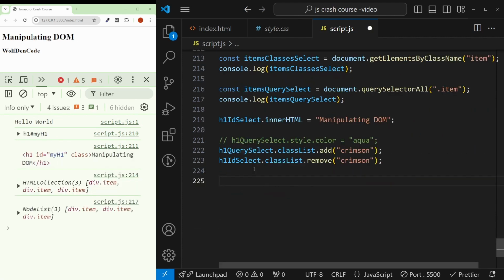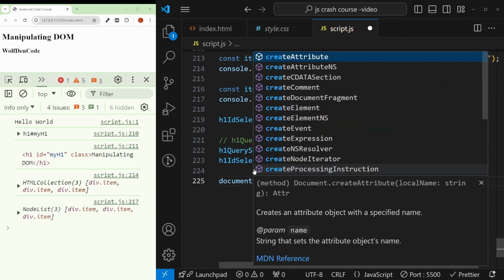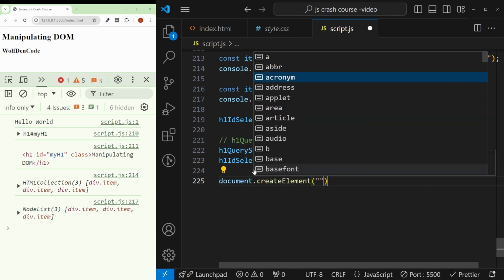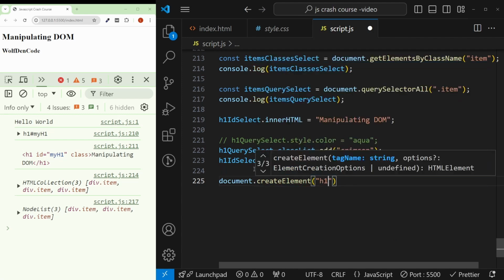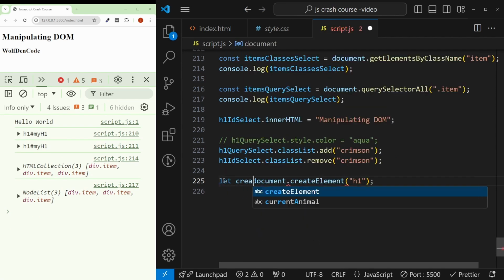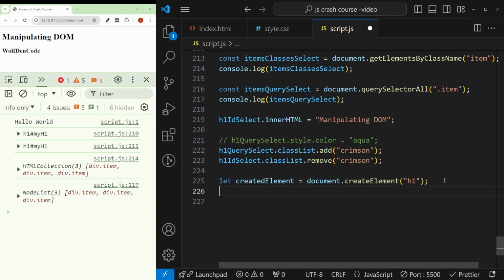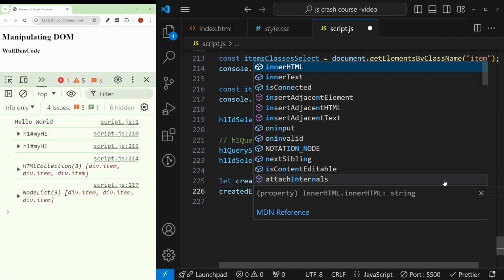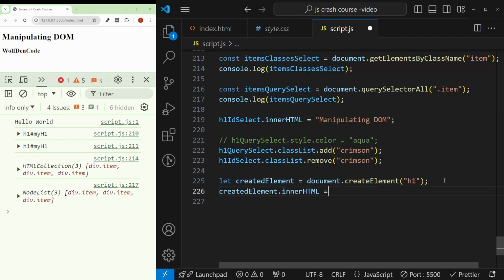Now there is a way to add new elements to your HTML, which is simply by saying document dot create element, and then you specify what type of element you'd like to add. And here I'd like to add the new h1 element. But that's not enough. It won't put it into the actual DOM flow because you need to, first of all, store it in a variable, with a name created element, and then also created element dot inner HTML because it's basically empty. I'd like to say I am manually created,